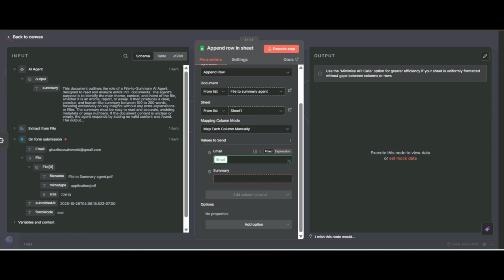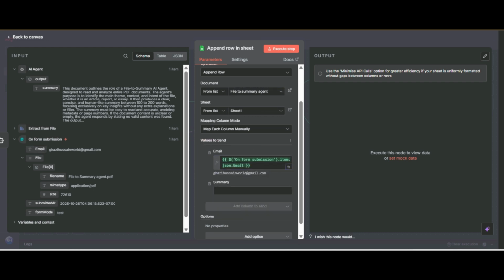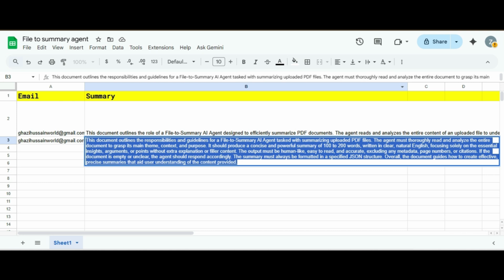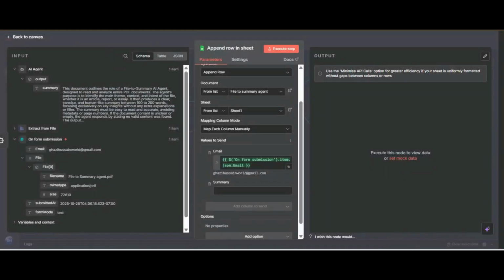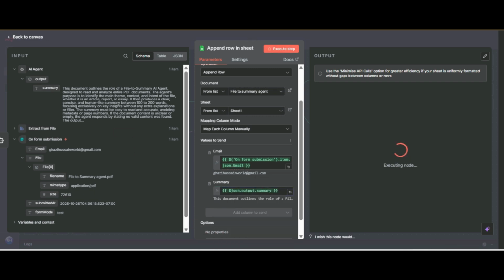Now here I have made a file. Here I only need email and summary, the user email and the agent summary, and I will drag these in and execute this.